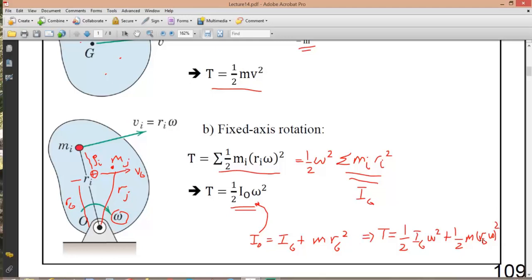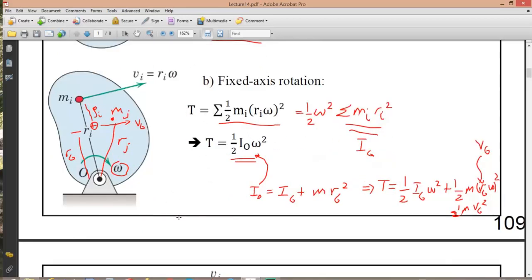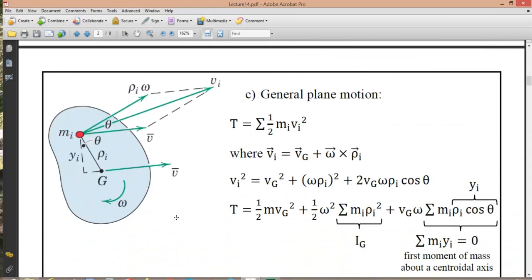Now, Rg times omega is actually the mass center's velocity, Vg. So this is nothing but 1 over 2 m Vg squared, which is the velocity of the mass center squared. So this is another way that you might write out the fixed axis rotation's kinetic energy. And this applies to the general plane motion. Now we're going to investigate this general plane motion,